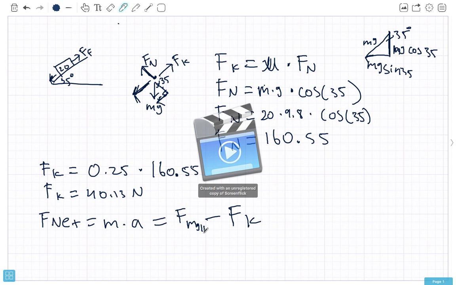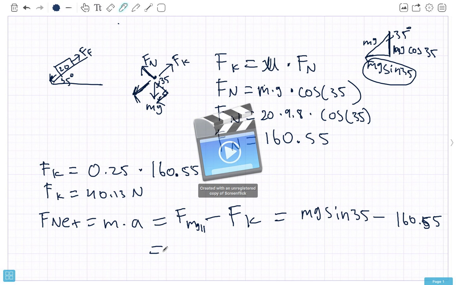So let's find out what that is. This is equal to, what is that force of mg parallel? We wrote it right up here. mg sine 35 minus the friction of kinetic, which is 40.13. So what's that? Let's see, 20 times 9.8 times the sine of 35